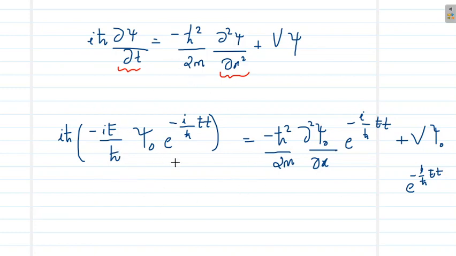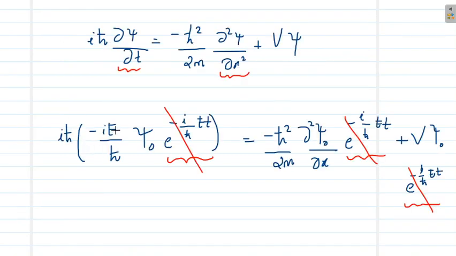Now you can see that on the left hand side as well as on the right hand side, we have this term e raised to minus iEt/ħ as common. Here in all terms, that same term is coming. So you can cancel that term in all the terms. That is, divide this equation throughout by e raised to minus iEt/ħ. You can cancel out the same term in the full equation. So what is the rest of the equation?